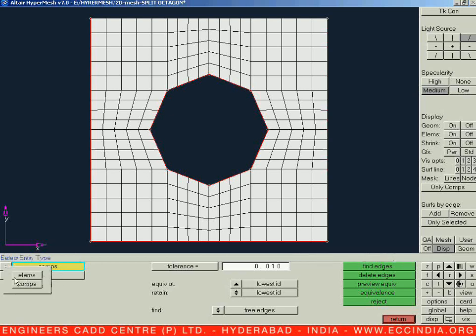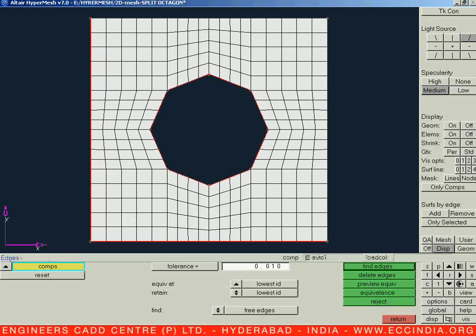So let us keep this on composition and click on any one of the elements after unsplitting. This is your tolerance value. The gap will be less than this particular value, so it is a very negligible gap. Still we need to continue those things. So let us say preview our equivalence. Once we say preview, we can see the spots over here. That means here we are having a connectivity trouble. Although it is not visible, there is still a little gap. So let us say preview and let us say equivalence. That means that gap is filled. The 72 nodes were equivalenced.